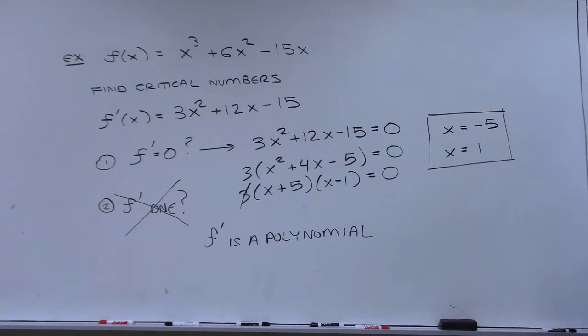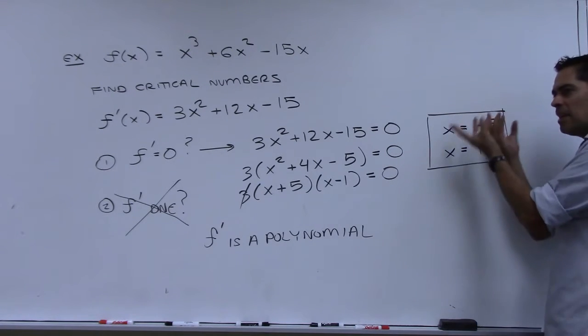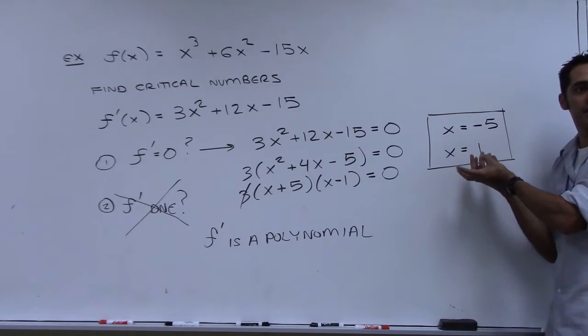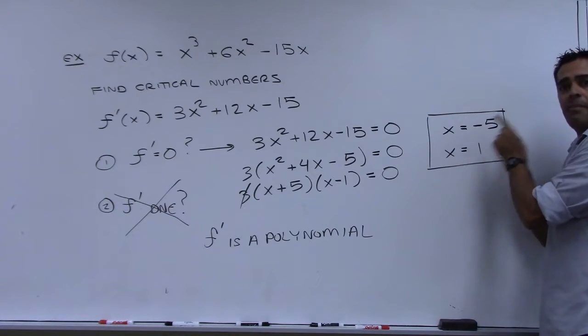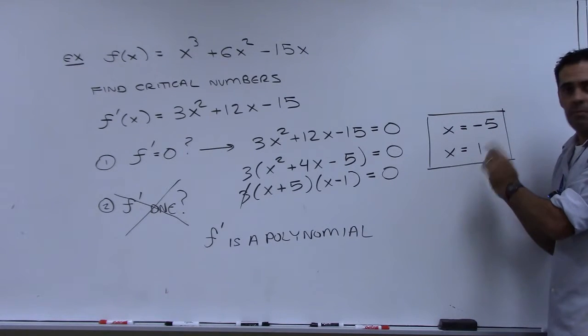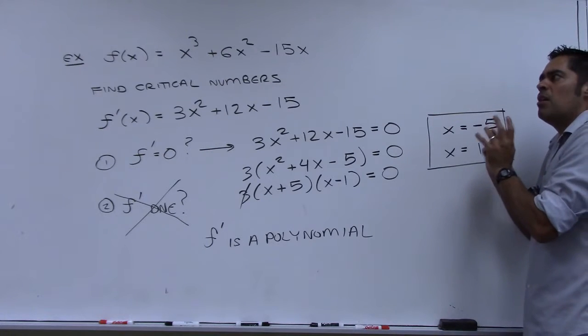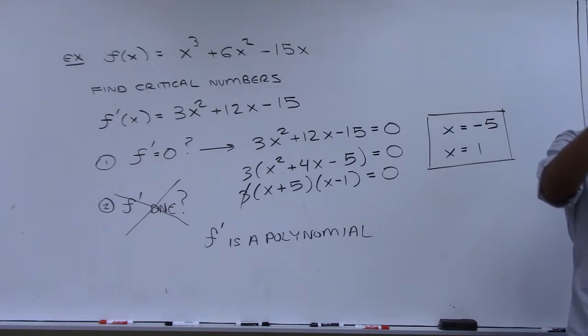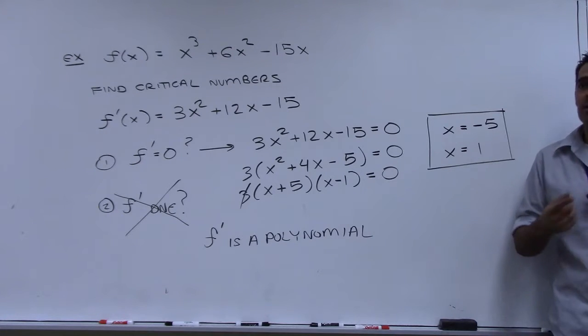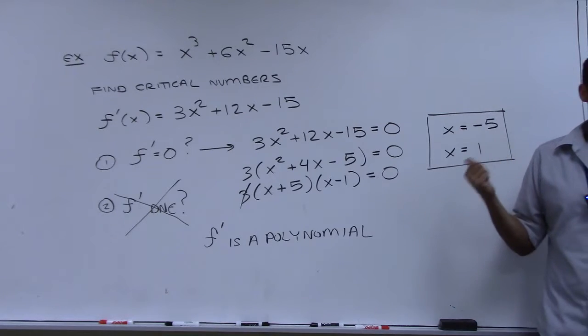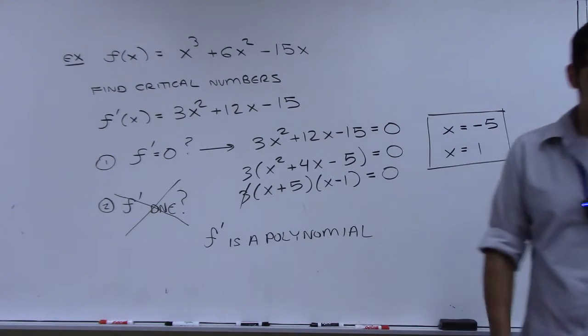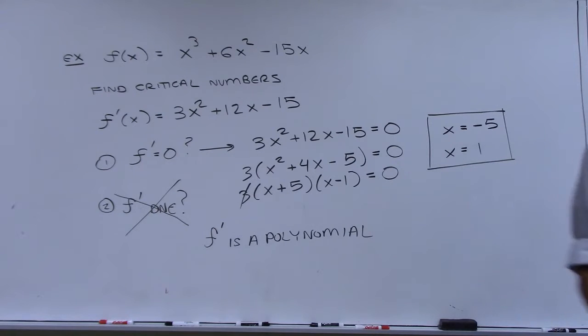And it's going to turn out that's the case, but I want you to see that what we're doing here is saying, look, this is a potential list of where interesting things are happening on the graph in terms of local max and min. I'm not in any way saying that I'm guaranteed to have a max or min here. It's just saying that if we do get a max or min, then if the derivative exists, it's going to happen at one of these. If the derivative doesn't exist, well, we haven't really looked at that yet. Okay, is that all right? Understand?